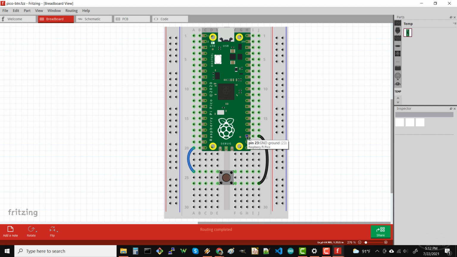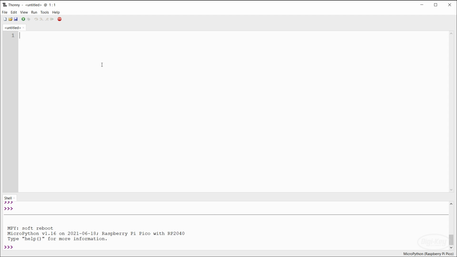We'll use an internal pull-up, so we won't need to add an external resistor here. To start, open a new document in Thonny, and we're going to import the machine library. I believe that this is imported by default, so you don't necessarily need it here, but I like to be explicit. Next, we're going to import uasyncio, which is the MicroPython version of the asyncio library, and it contains a